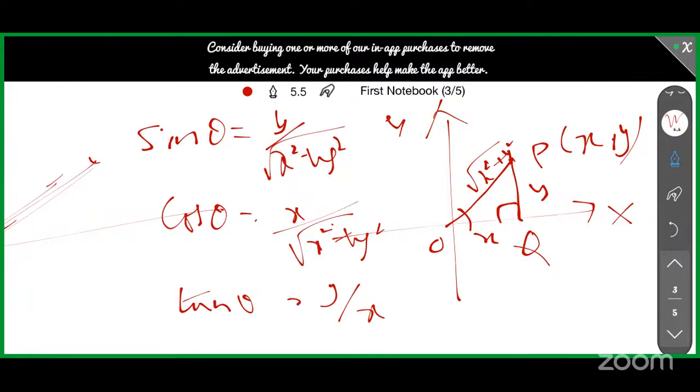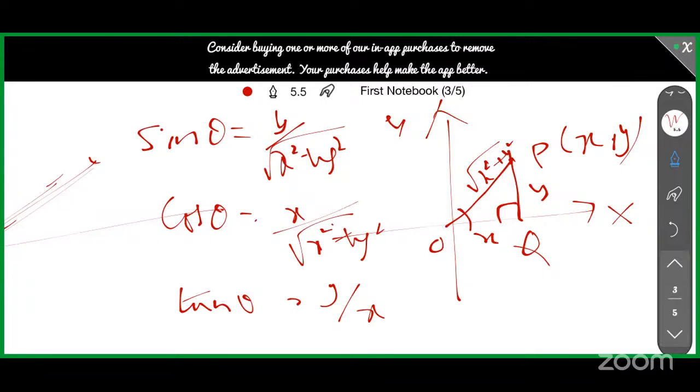Now look carefully. Any point on a straight line can be represented in the form x comma y. That is what a normal Cartesian plane is. Imagine that now we are not using the coordinates x and y, that means the distance traveled by a point along the x-axis and y-axis. Instead of that,